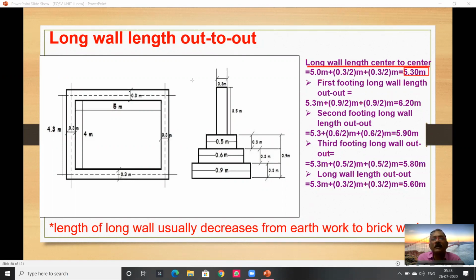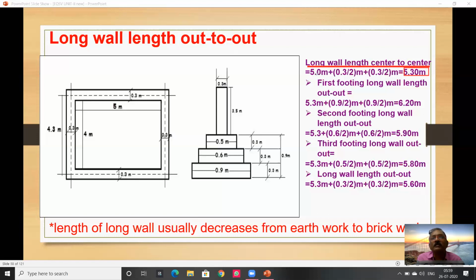Next, in this problem you have only the plan and section of 1 room, with only the first footing, second footing, third footing, and directly the wall. To understand the basic concept, you don't have excavation and you don't have a PCC bed. Once you understand this concept, you can do all other items of the structure, whatever the dimensions or depth of your section, whatever the dimensions of your plan, however many rooms.